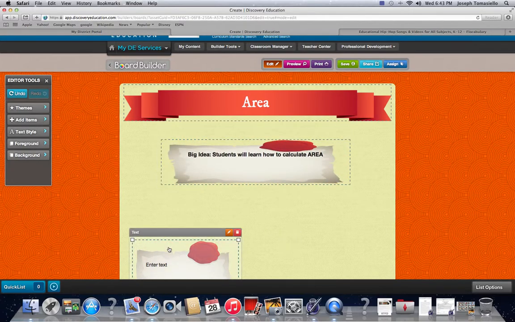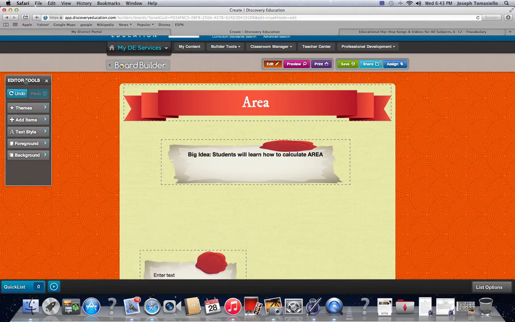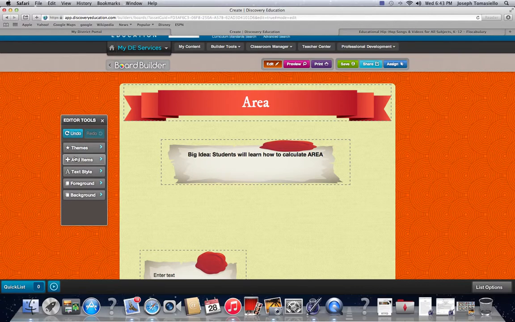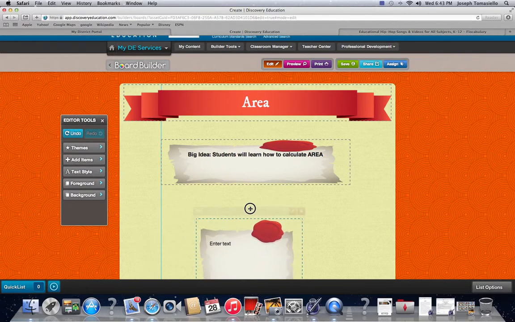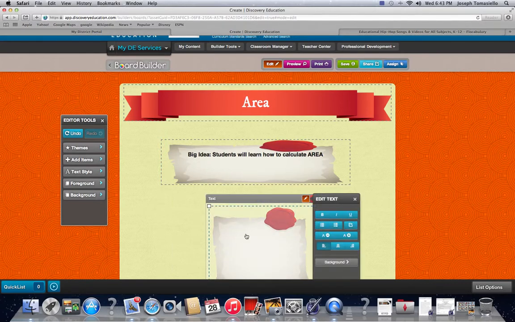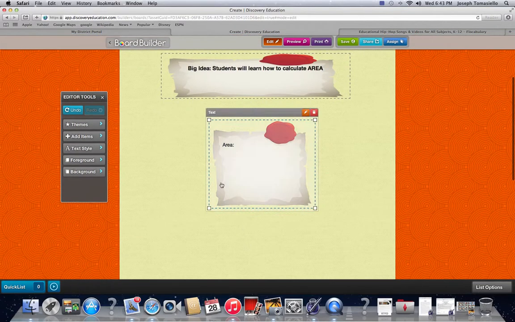Anyway, next thing you might want to do is put in some vocabulary words here. Explain what the area is. I am actually not going to do that because I don't want to waste too much time. Next thing you could put in is maybe